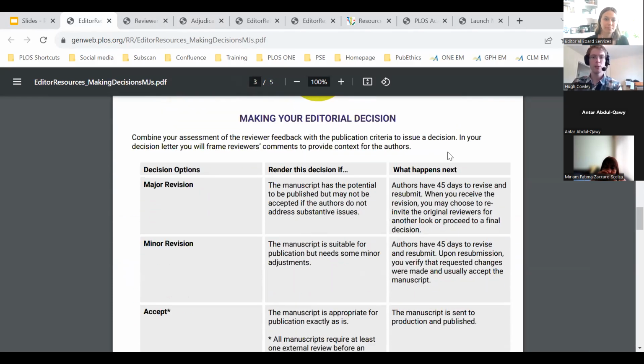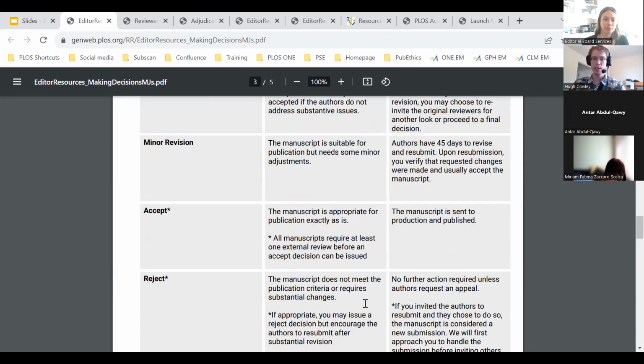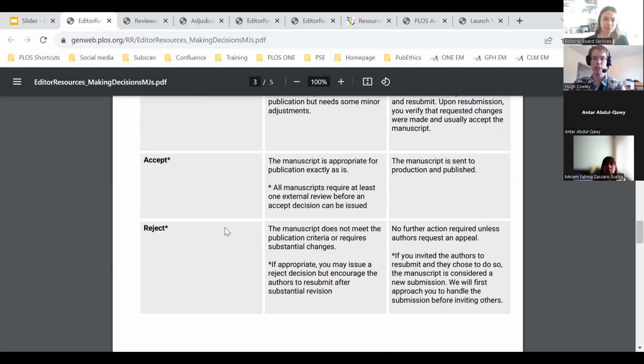So the four editorial decisions are two revisions, accept, and reject. All of our guidance for when to use these is included here. And I'll mention that for reject, even after peer review, you might consider encouraging the authors to resubmit. Again, that's not a specific option given on Editorial Manager, but you can revise your decision letter to state if you think the authors could resubmit after addressing the significant issues leading to the reject decision.